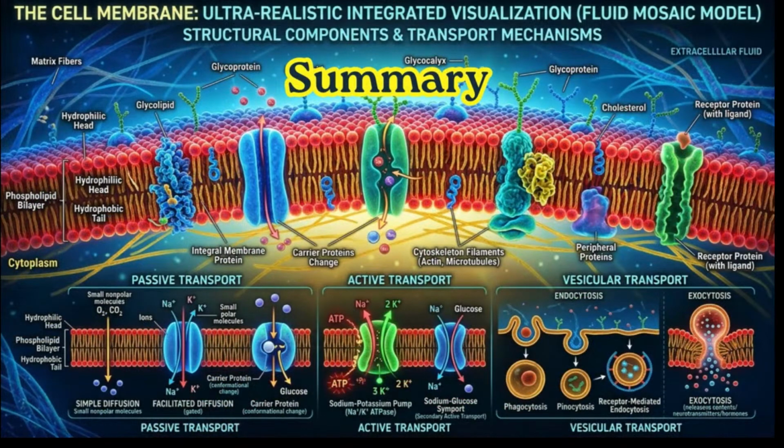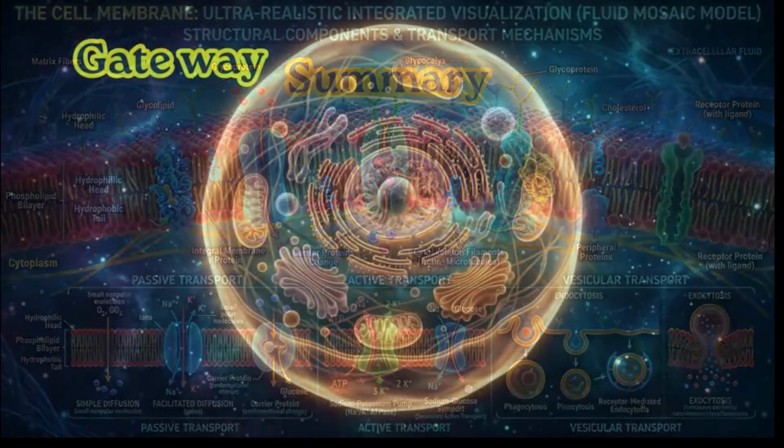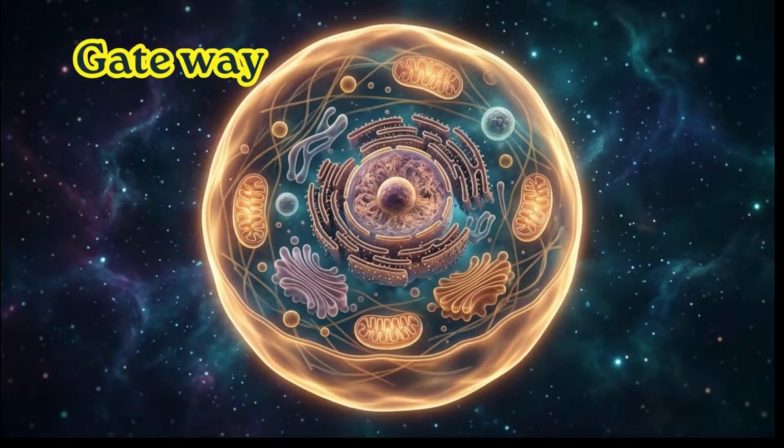Now, here is the summary of the cell membrane. The cell membrane is a highly organized, dynamic, selectively permeable structure composed of phospholipids, proteins, carbohydrates, and cholesterol. It protects the cell, regulates transport, enables communication, and maintains homeostasis. The fluid mosaic model explains its flexibility and complex nature, making it one of the most important structures in eukaryotes. The cell membrane is not merely a boundary, it is an intelligent, dynamic gateway to control all the cellular